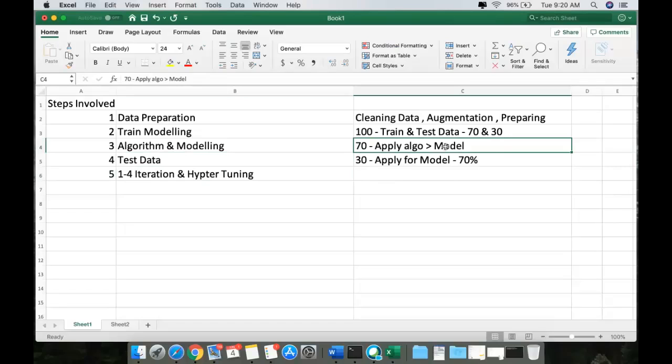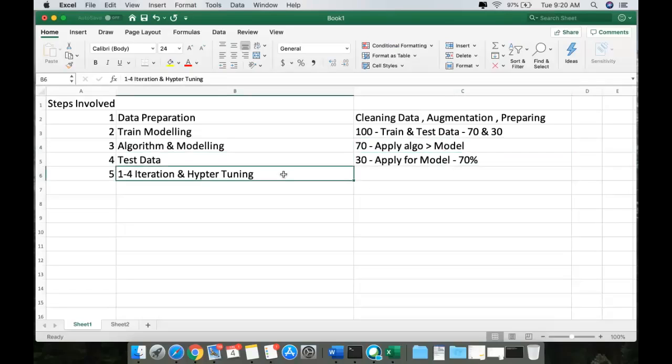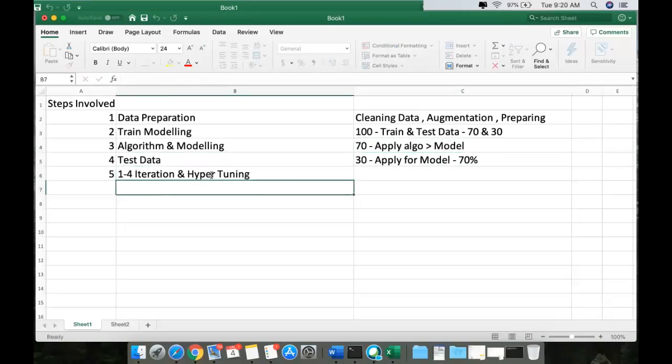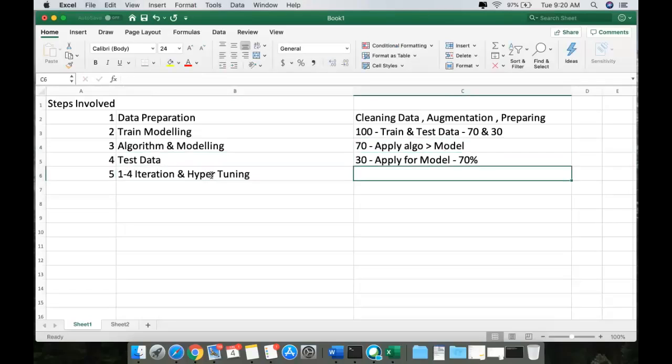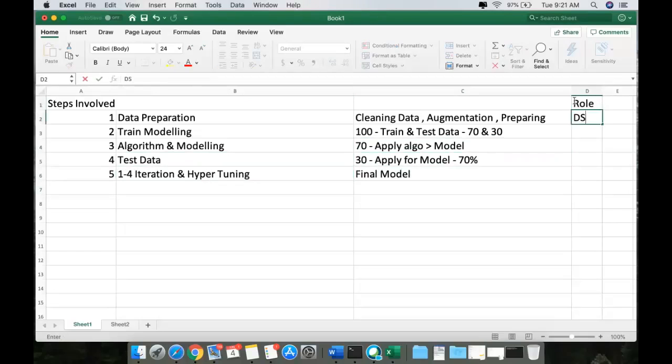So let's say I give the m value as 0.5, or again I'll give it as 1, and I'll see the output, whether it is closely fitting or not. If it's fitting fine, then I'm happy. The same way, I'll do multiple iterations inside that, and then I'll see a final model. This final model is the one I prefer to work with. So this is the part of the data scientist. This all is done by the data scientist.